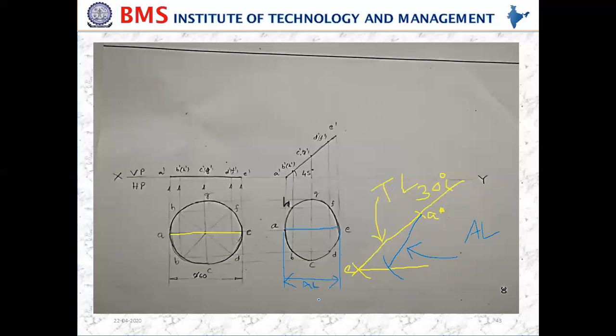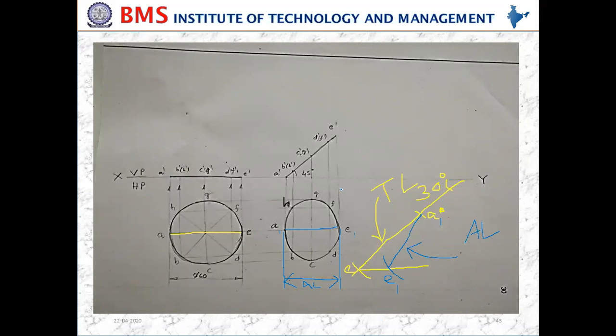Okay, so this apparent length is taken, AE length is taken, and then with A as the center, this locus is cut with the AE. Say for example, you measure A1 and E1. If you represent A1 and E1, A and A1 will coincide here. So A1 and E1 is taken as the apparent length. This is the true length from A to E, and from A1 or A to E, this blue line represents the apparent length.